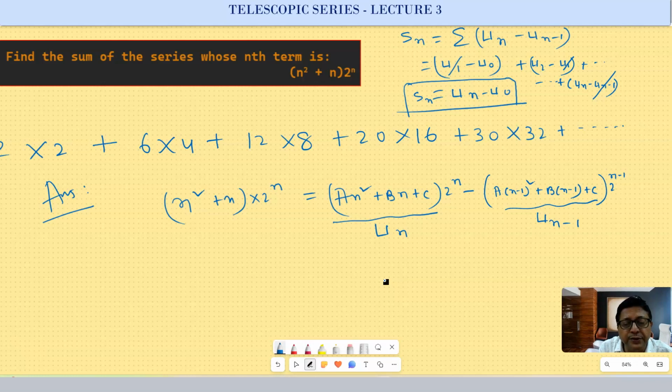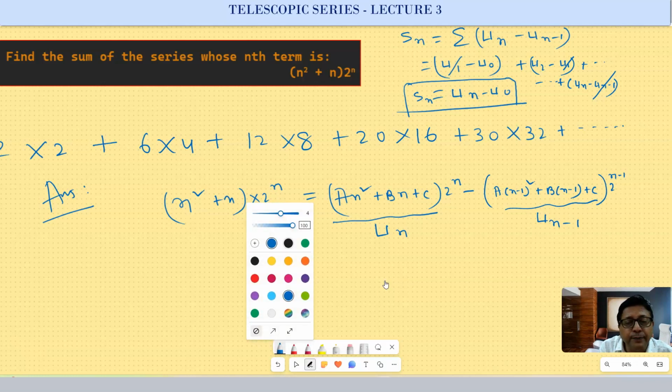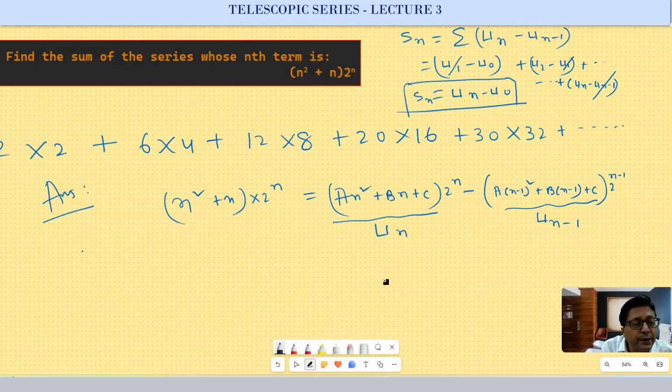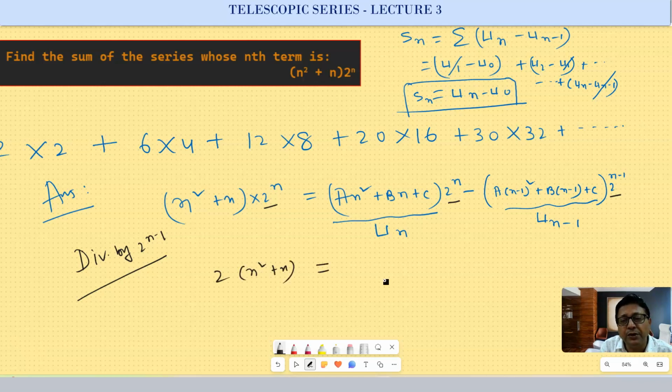So first you divide both sides by 2 to the power n minus 1. See, 2 to the power n is there, dividing by 2 to the power n minus 1, what will you get? n square plus n equals, if we divide by 2 to the power n minus 1, here also 2 will be remaining, 2 times an square plus bn plus c